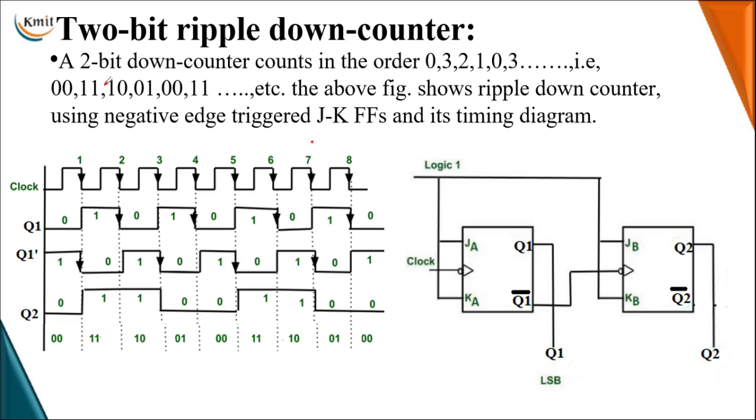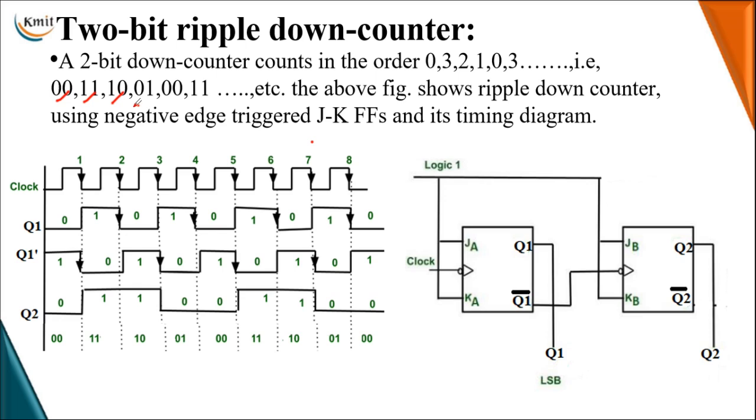It will start with the initial cleared output 0, and the next state will be the maximum state of the counter, which is 3, then 2, which is decremented by 1 from the successive